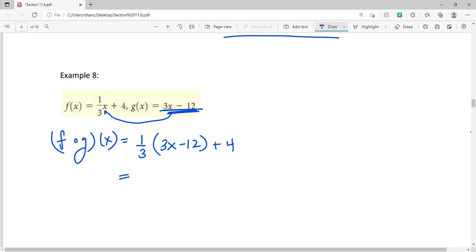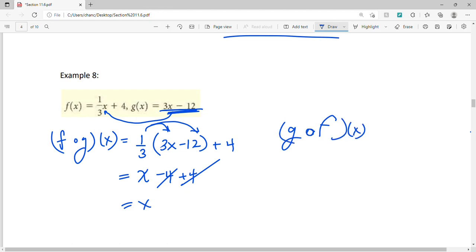But that means I have to distribute that 1/3. 1/3 times 3x, that's x. 1/3 times negative 12, that's negative 4. So this does reduce to give us x. Let's check the other side, g of